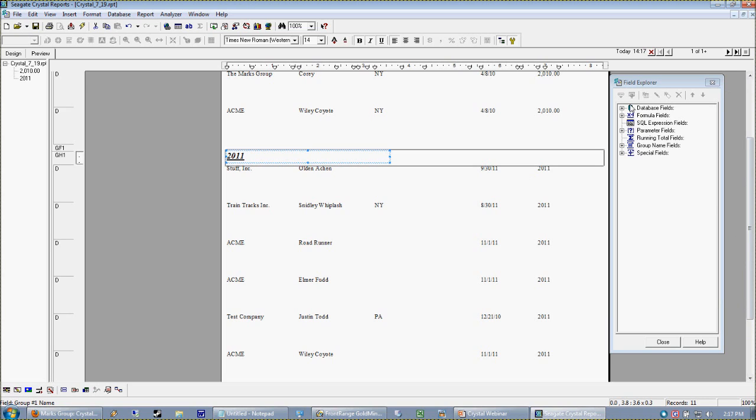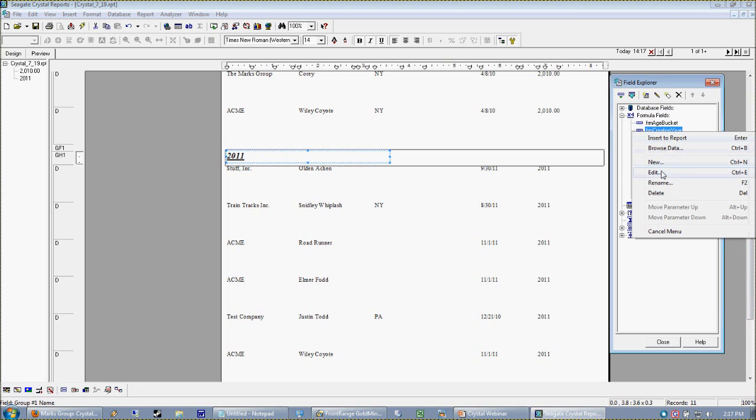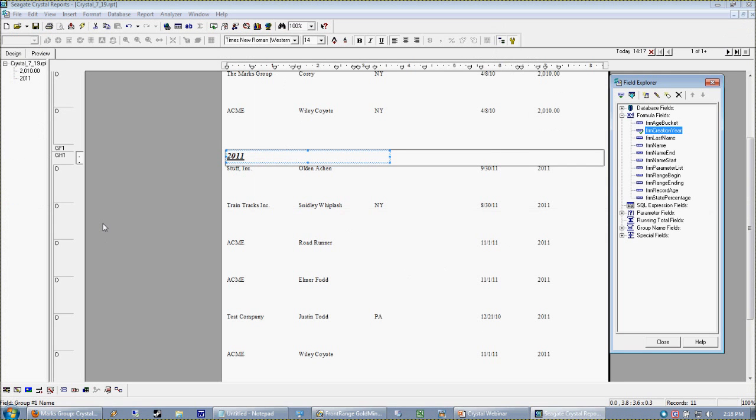I actually didn't expect it to be so complicated within the formula itself. So let's go back to our creation year. And again, we're making that exception for December records. And because the back end is a text value, we want to convert that to a date with the datetime function. We say if it's greater than December, then say it's 2011. Else, give me the text version of the year. So again, all I'm really trying to get you guys turned on to is start grouping by formulas. Even if the formula is going to be like